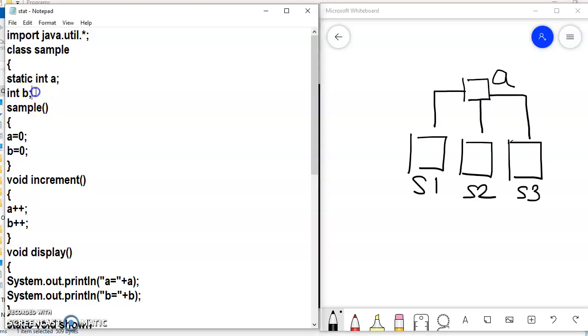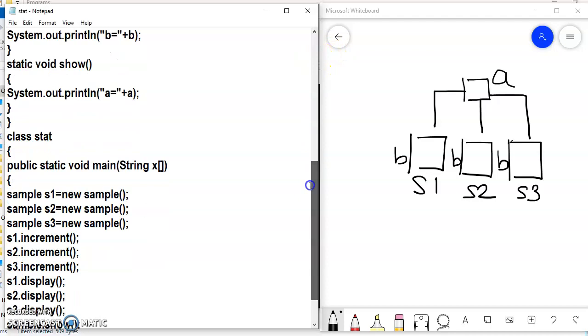Whereas in case of non-static data member, non-static is present at every object. So S1 has its own copy of B, S2 has its own copy of B, whereas S3 has its own copy of B. Okay.